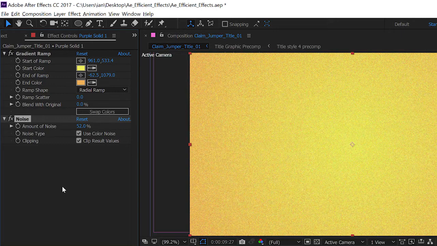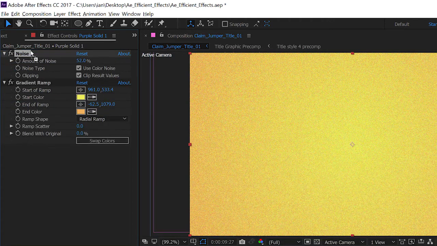So right now, After Effects is generating the layer solid, then it's generating our gradient effect, and then underneath that, it is applying the noise effect. You can see the order of operations in the Effect Controls panel work from the top down. If we change the order of those effects by clicking on the noise and then dragging it above the gradient,